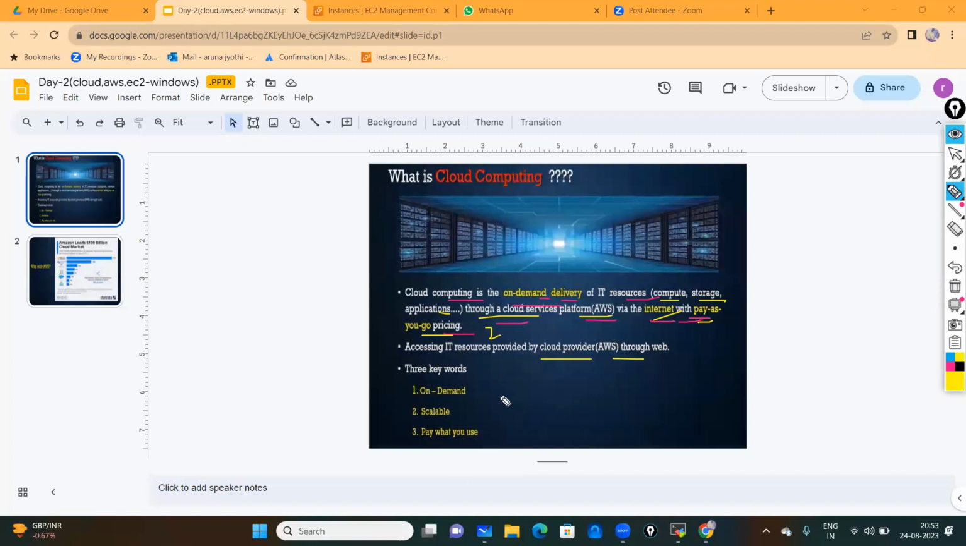cloud providers through the web. Here we have different cloud providers. Not only AWS, we have Azure, which is maintained by Microsoft company, and we have GCP, which is maintained by Google company. This AWS is maintained by Amazon company. So these all are different